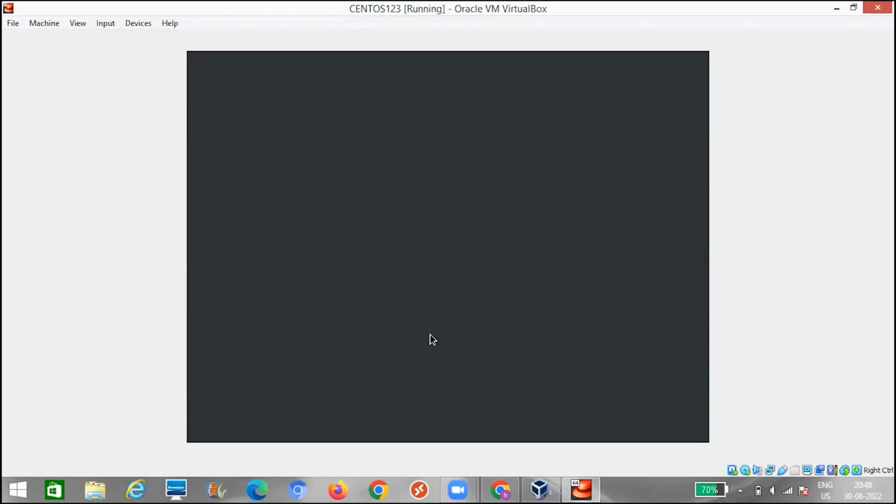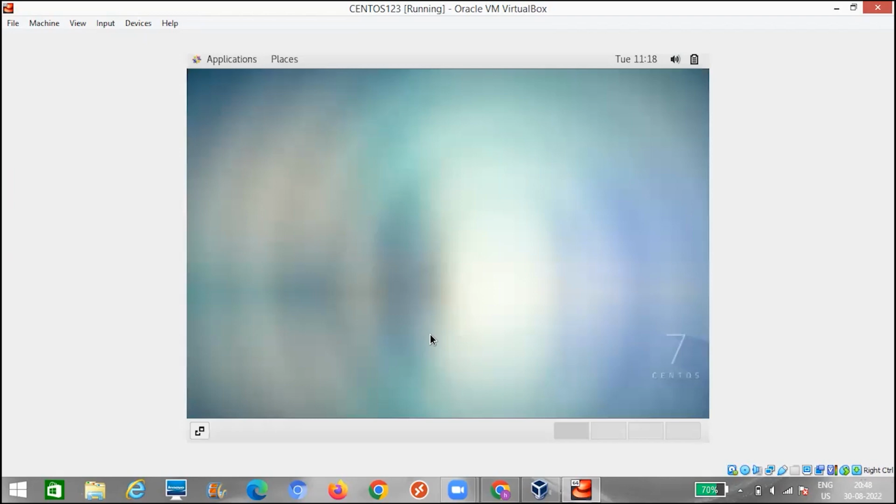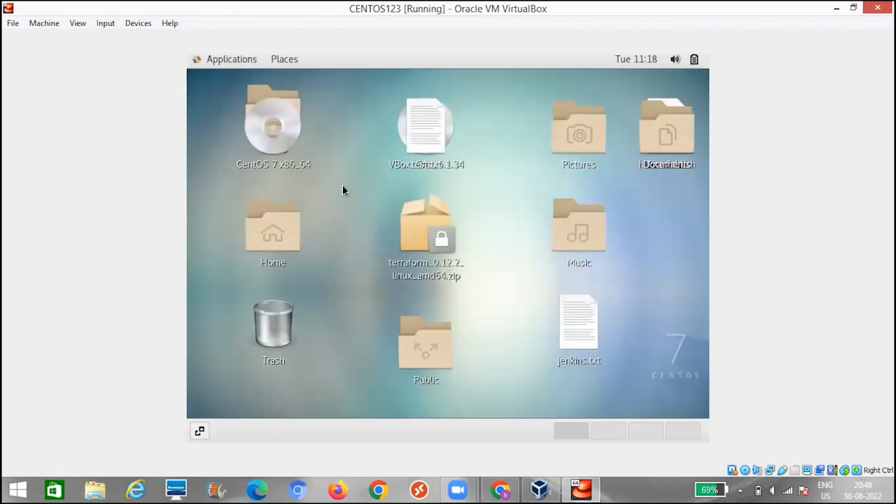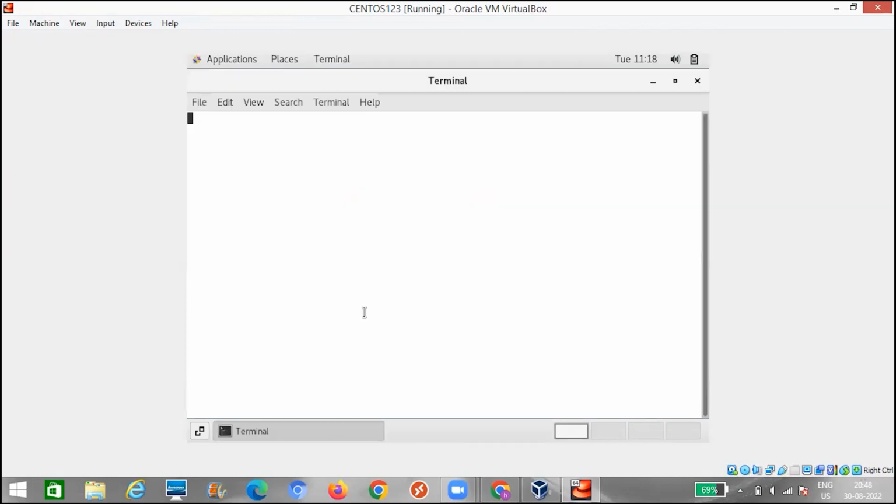As this is a virtual machine, initially it will be slow. Once we log into the machine, everything will be running fast, like a normal VM for you. Going forward, we'll be using an AWS EC2 instance rather than VirtualBox. But for the initial couple of classes, to learn the basics of Linux and also install Jenkins, we will be using Oracle VirtualBox. Once we go through AWS as a class, from that day onwards we'll create our own EC2 instance and use it to perform all these Linux operations. Okay.